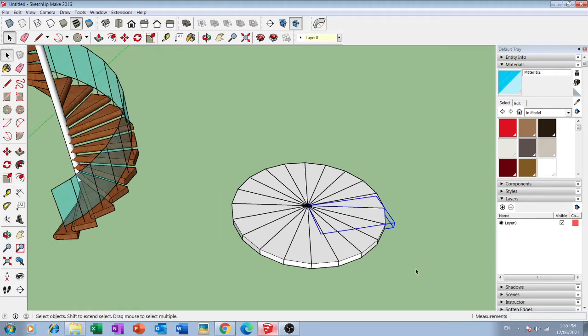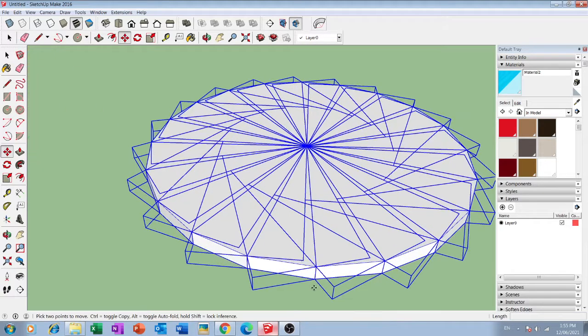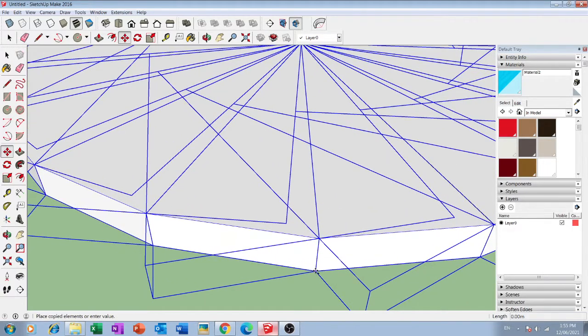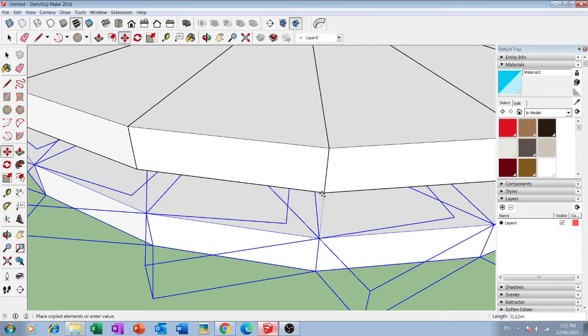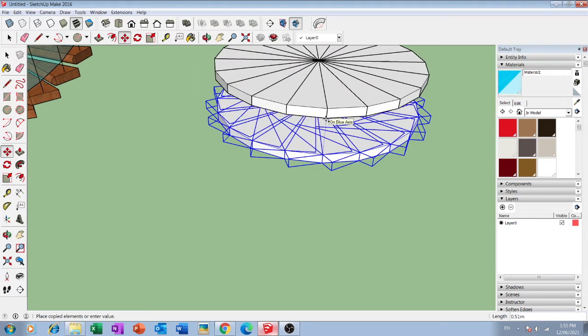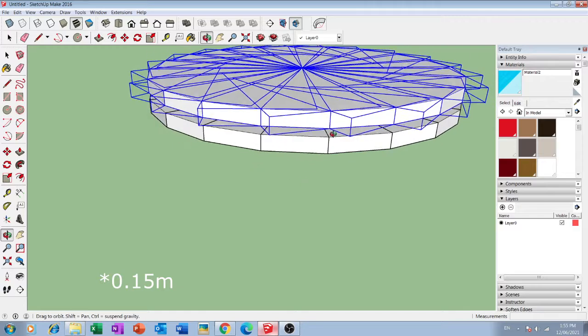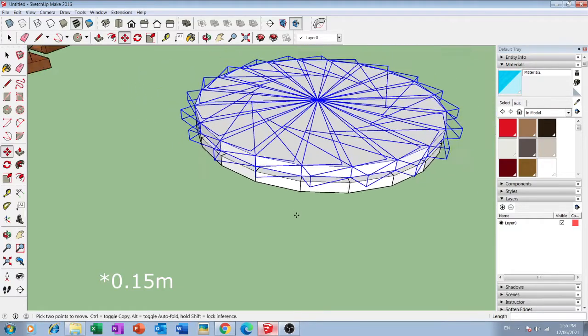Then we will select all the components like this. Select the move tool and make a copy of these objects on the blue axis. Track the blue axis like this and put 0.15 in the measurement box, enter.